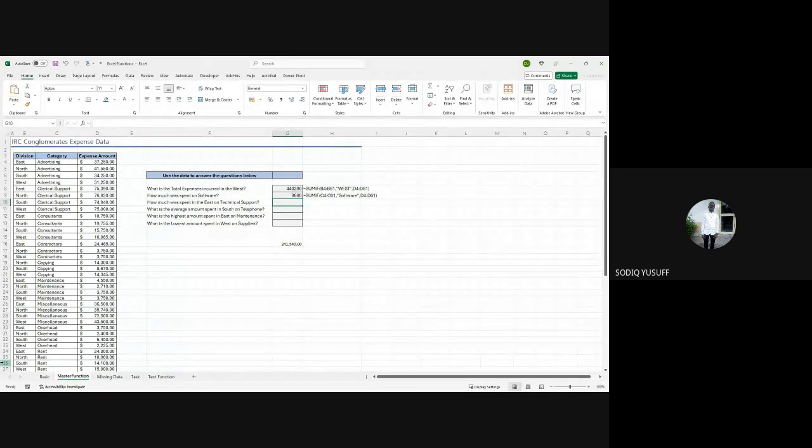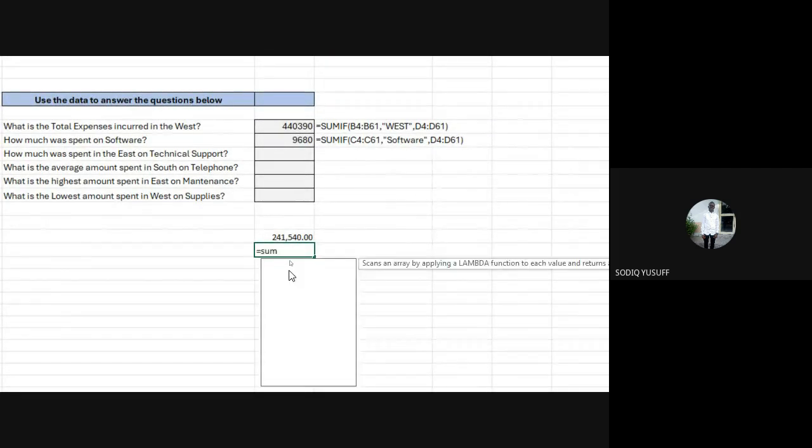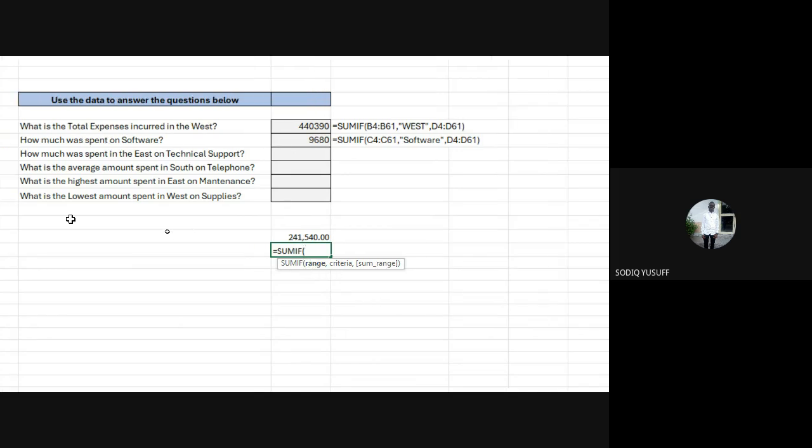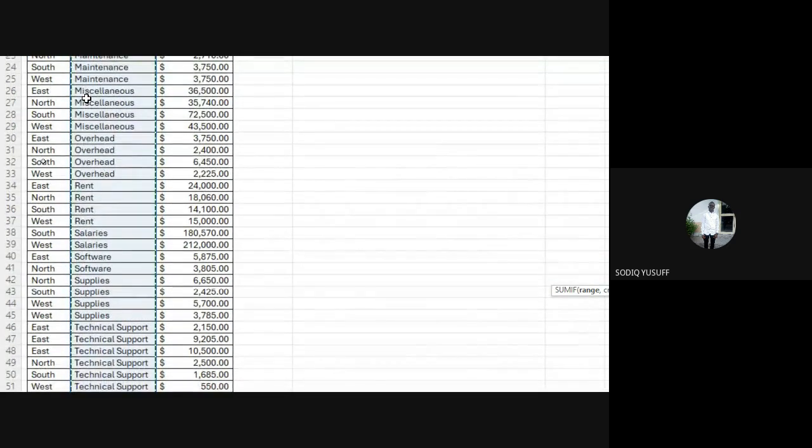All right, interesting. So let's confirm the answer. I also do this here because the question is not stated. What am I doing? Because it's SUMIF. The range is my category. Then comma.